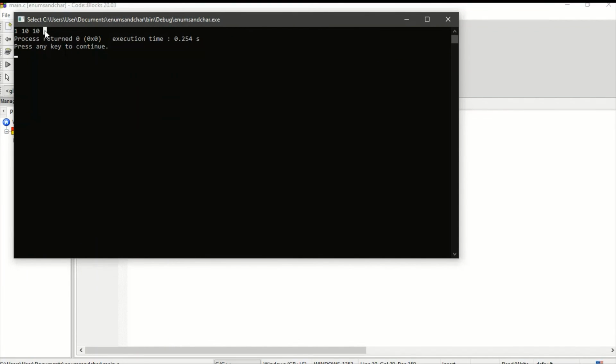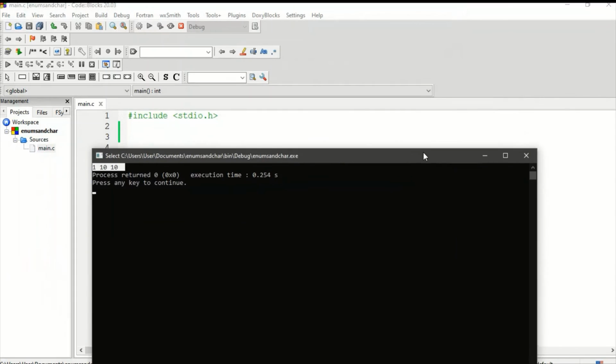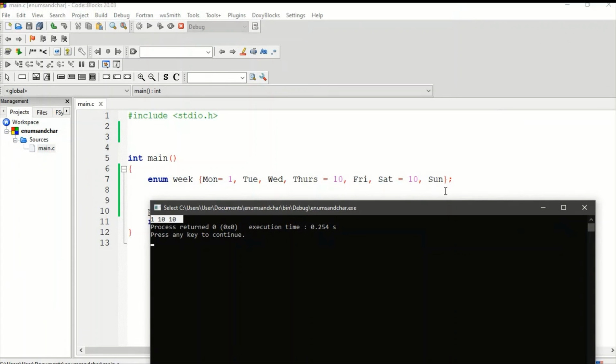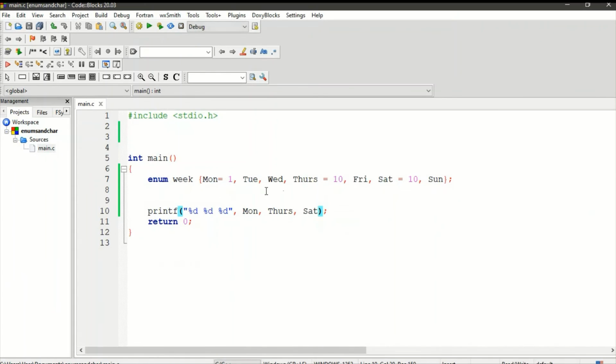So we have 1, 10, and 10. This is it. Is that clear? So this is how we can have two enums which have the same value. The same integer is associated with two names, that is Thursday and Saturday. Okay, so this was about the enum example.